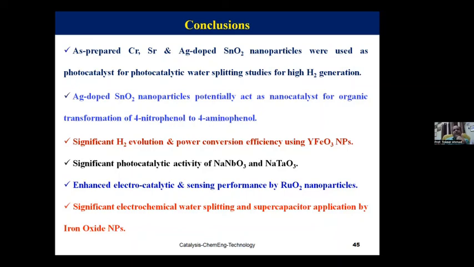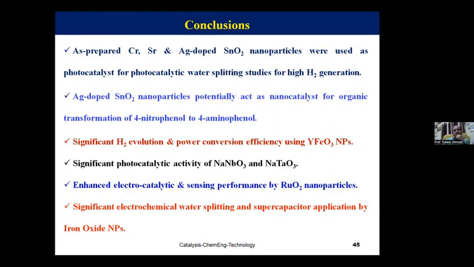The significant hydrogen evolution and power conversion efficiency were obtained using fusing nanoparticles, and the NaNbO3 and sodium tantalate nanoparticles show significant photocatalytic activity towards